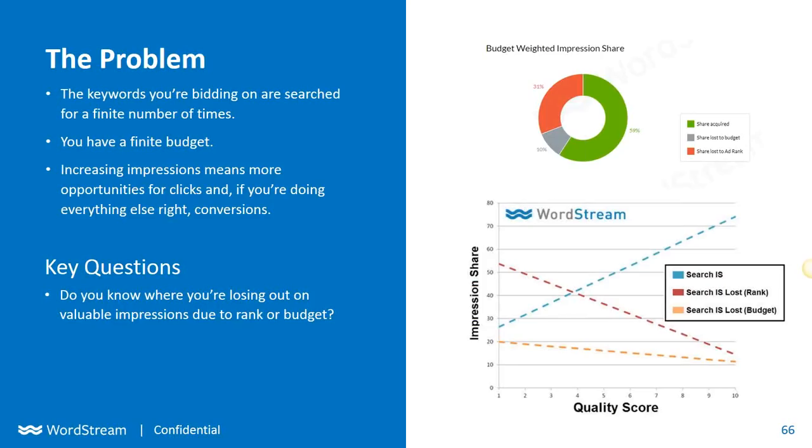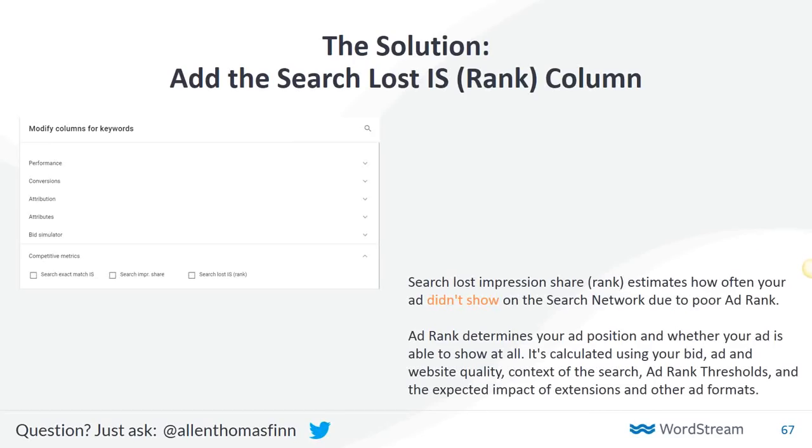And increasing impressions means more opportunities for clicks, and if you're doing everything else that we've talked about today right as well, more opportunities for conversions. So you need to be able to say that you have a firm handle on where you're losing impressions and why, whether it's due simply to the fact that you need to be spending more money or because you're being outranked by your competitors. And the quickest way to figure this out